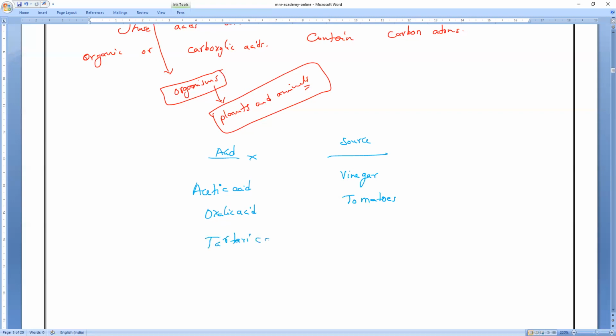What is it present in? Tamarind. Next, citric acid is present in lemon. Next, lactic acid is present in, even today also I told, sour milk and as well as